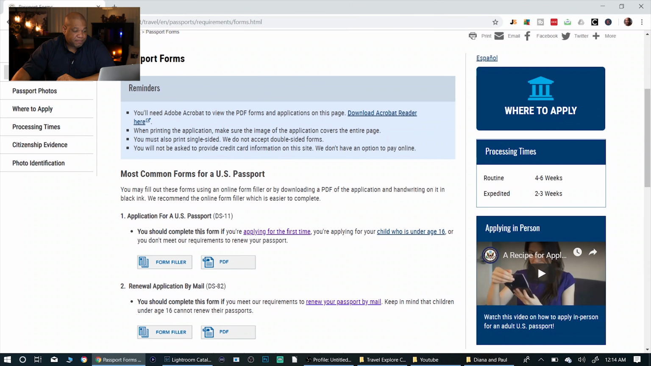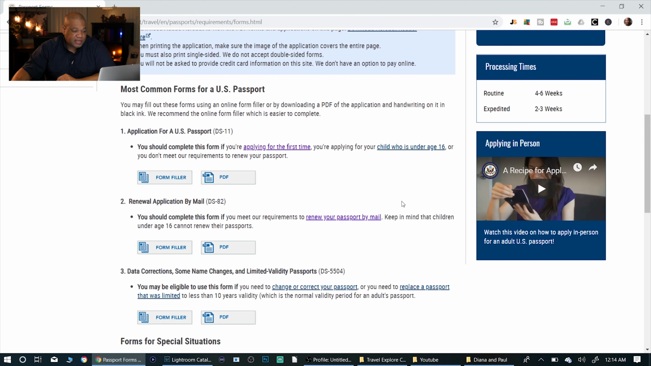Okay, so step number 4, we want to talk about forms. So there's a specific form that you need to fill out for a new application, and it's DS11. So this DS11 form is what you're going to fill out. Now they have two options here. The first option says form filler, and what that does is you click on that and then you just fill out the form online,